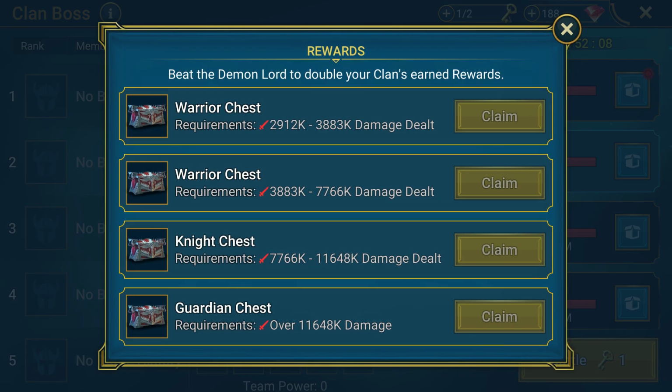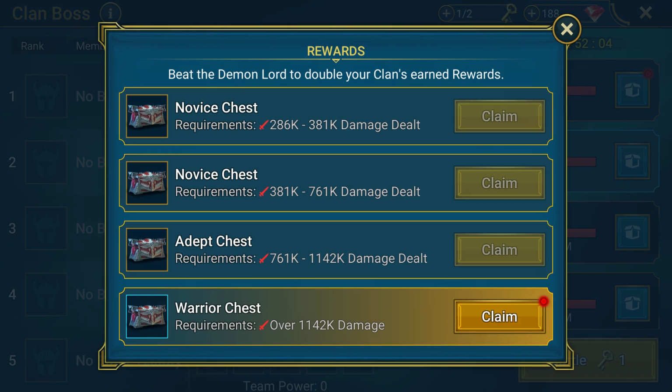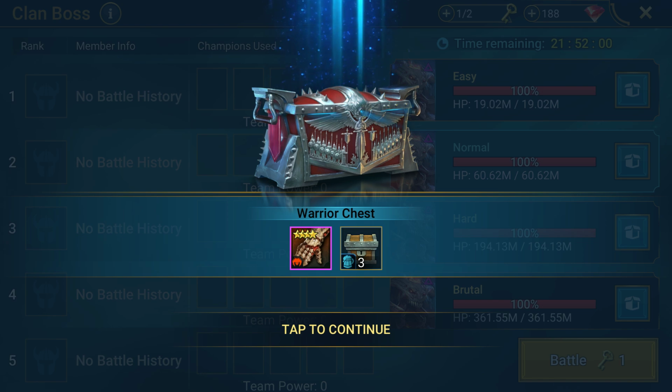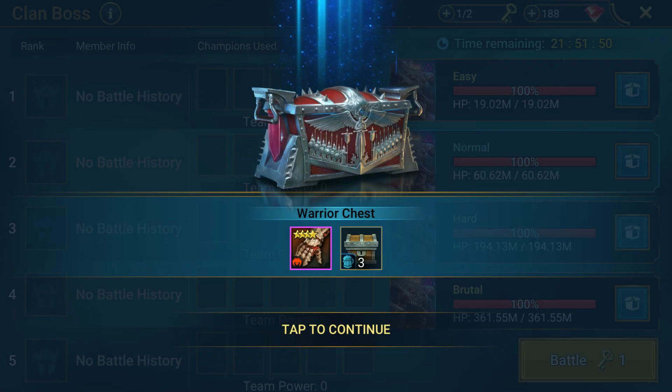Now on the easy, I can get the highest tier chest, which is definitely worth getting. So I can get the warrior chest, and that just means you have to do over 1.1 million damage to the boss. Very easily done. And the way to do this is to have 2 poisoners on your team, a healer and maybe some debuffers. You can do this quite easily mid game, and as you can see, I got a nice piece of gear